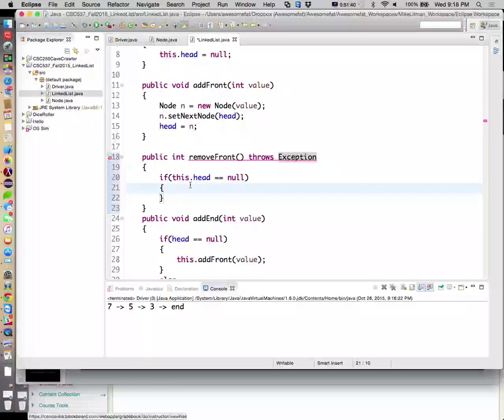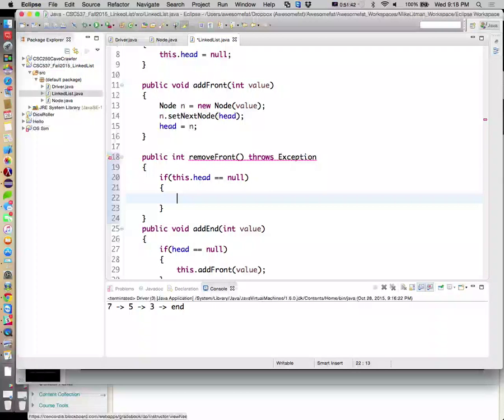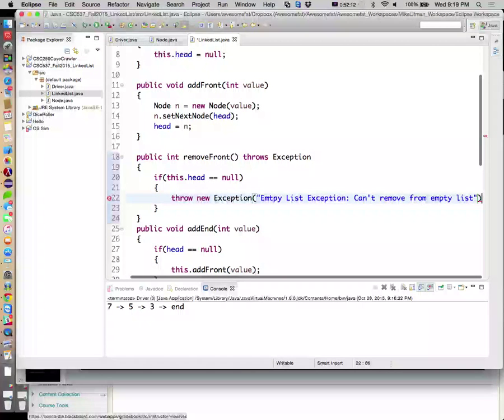So if head is equal to null, we should throw "can't remove from empty list."